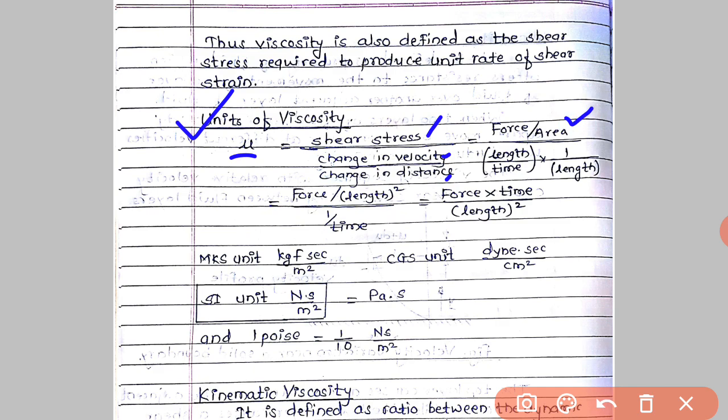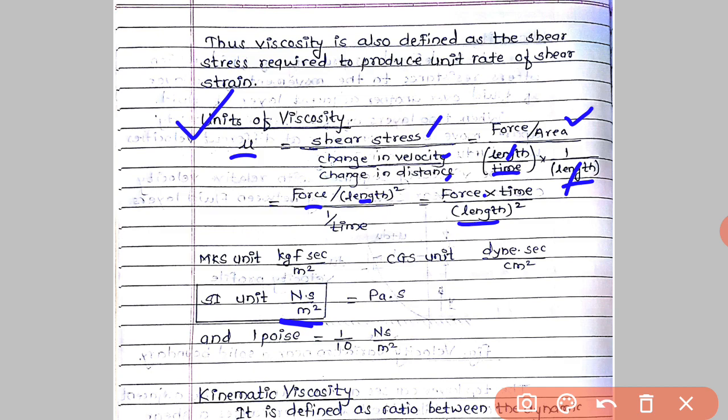Shear stress is force upon area, divided by change in velocity, which is length upon time, and change in distance is length, and it is in the denominator, so 1 upon length. Force upon area is force upon length square, so this length and this length get cancelled, so force into time divided by length square will be the final expression. So the SI unit will be the unit of force, Newton, unit of time, second, divided by length square, meter square. So the SI unit will be Newton